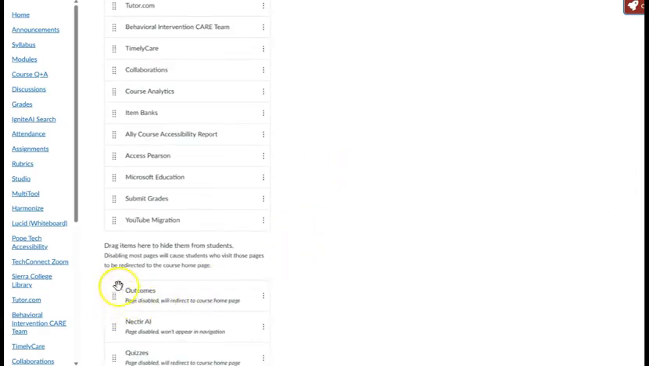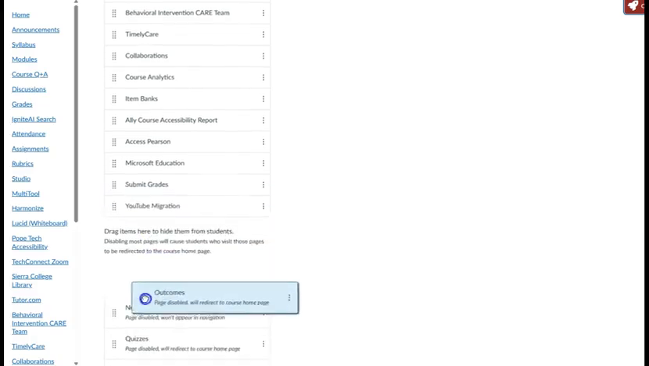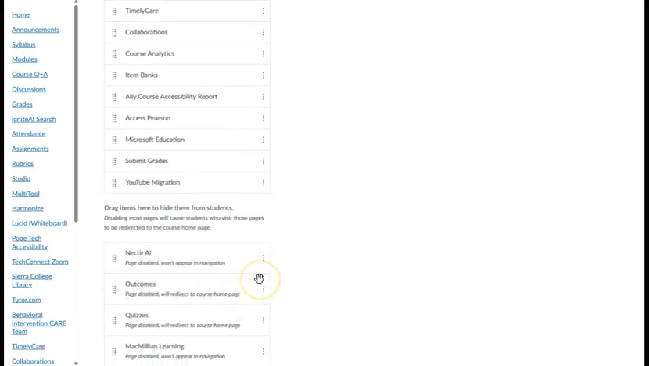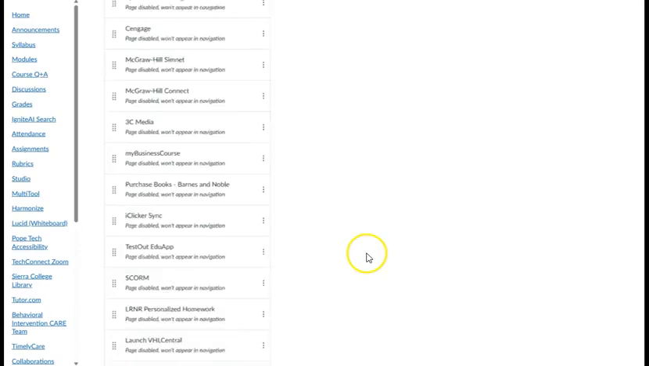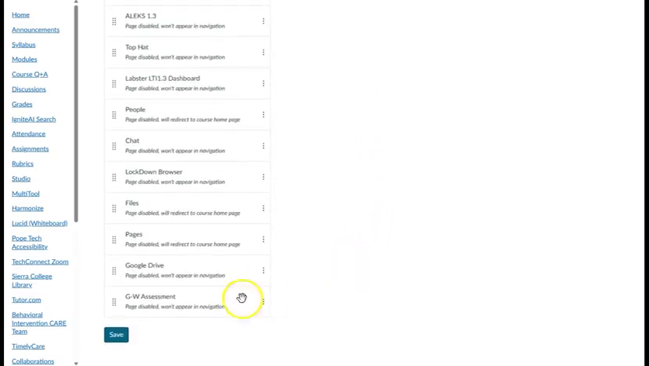and then either grab the set of dots to the left and drag it into the top section, or click the kebab menu, the three dots to the right of the name, and select Enable. Once you've done either one of those, scroll all the way to the bottom of the page and click Save. You may need to refresh your page, but then after that, you will be able to find the multi-tool in